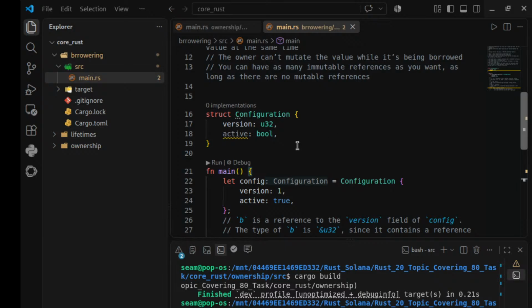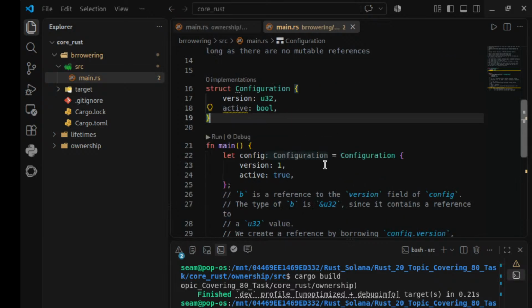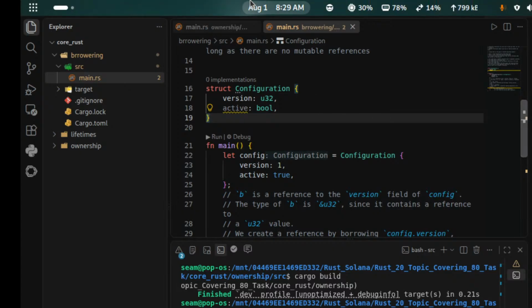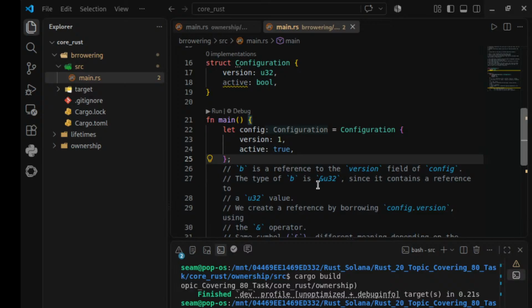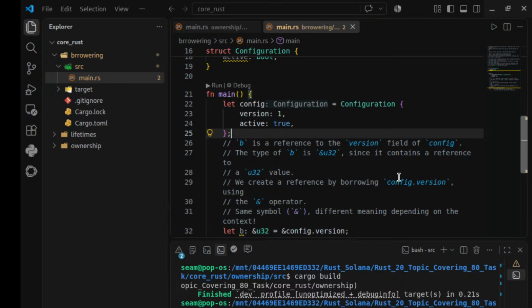Okay, so here is a structure configuration that is about versioning, version 1 and 2. So B is percentage of Q, since it contains a reference to